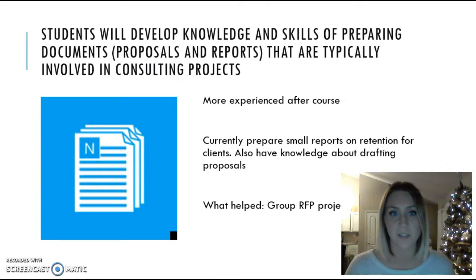The third objective is students will develop knowledge and skills of preparing documents such as proposals and reports that are typically involved in consulting projects. I don't feel extremely comfortable with this, but I definitely feel like I have gained knowledge and skills with this throughout the course. Prior to taking this class, I was preparing small reports mainly on just retention for some of the clients I work with, but now I also have knowledge about drafting proposals for clients,